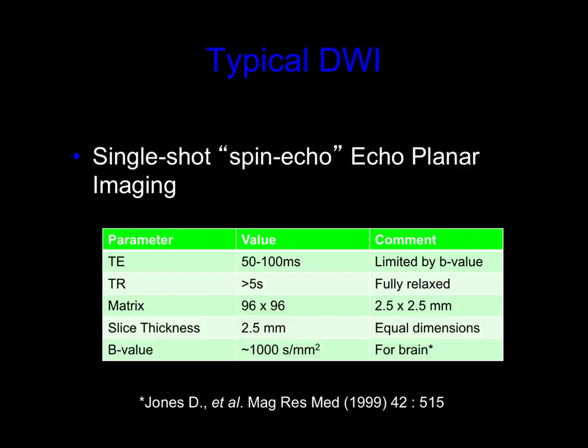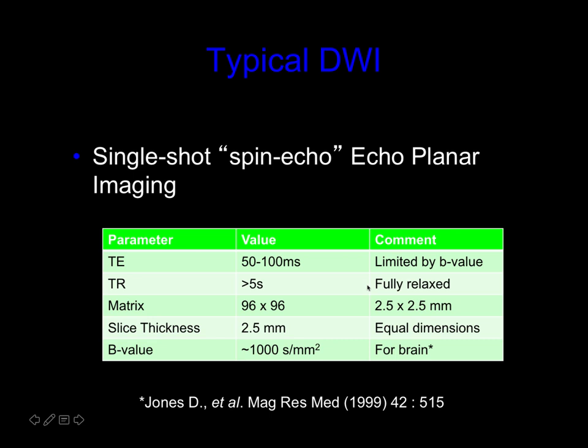So for a typical diffusion weighted imaging experiment in a clinical scanner like we have over in the NMR Center, we typically use single shot spin echo echoplanar imaging, and these are typical parameters. So our TE is on the order of 50 to 100 milliseconds, depending on what B value you want to apply. So this is a T2 weighted image, basically, because in addition to the longer TE, our TR is also long, typically greater than 5 seconds. We want a fully relaxed signal because we're already reducing the signal from the diffusion weighting,